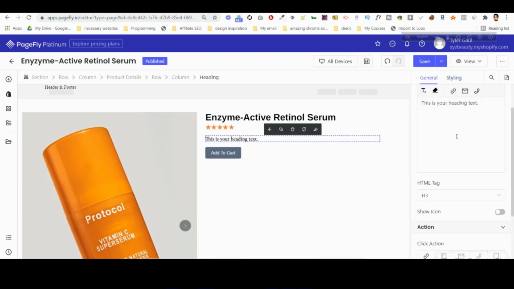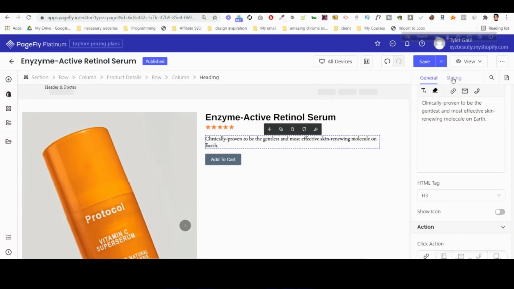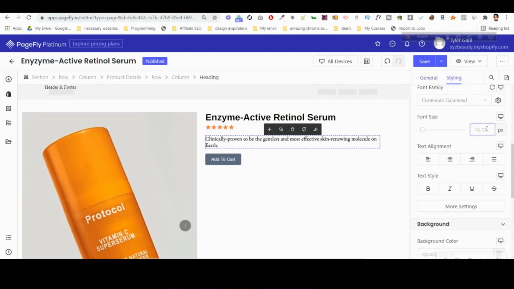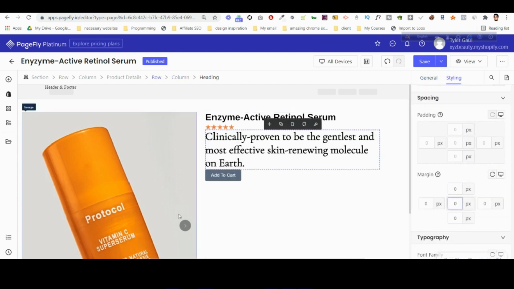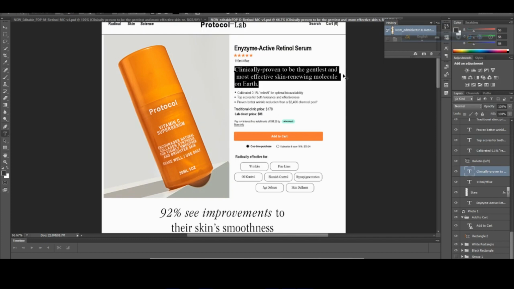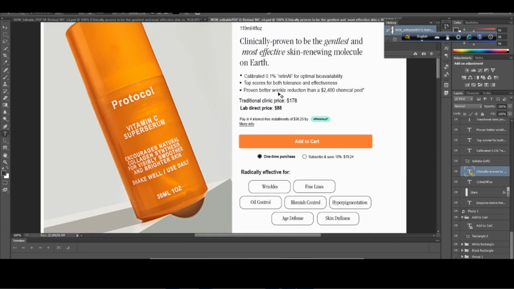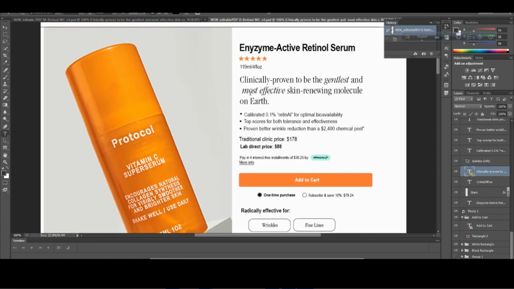Okay, so I'll just put the text here as well. Then I will give it 38 pixel. Then I will remove those paddings. I will give it manually, but remove the default ones, because default ones always cause issues. So if you see this design,